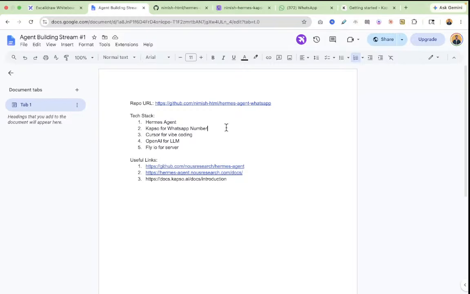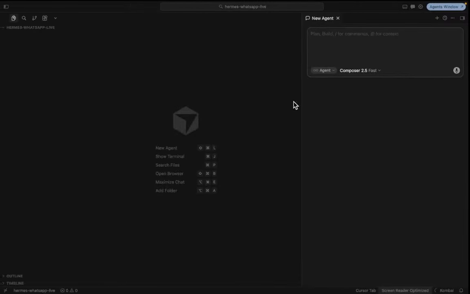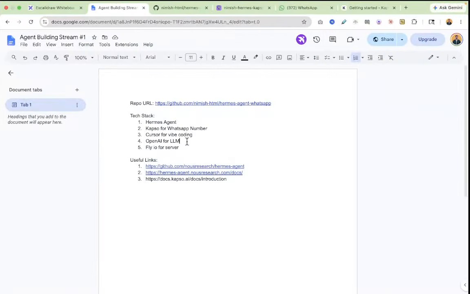Then we are going to use Capso for getting a WhatsApp number so that we can directly message our agent. Then we would be using Cursor for vibe coding. You can use Cursor or any other tool that you use. Claude, Codex, everything else works here. And please note, you would have to use the desktop version of Claude, which is Claude Code, not the Claude.ai. Now the next thing is we would be using OpenAI as our LLM, and finally we would be using